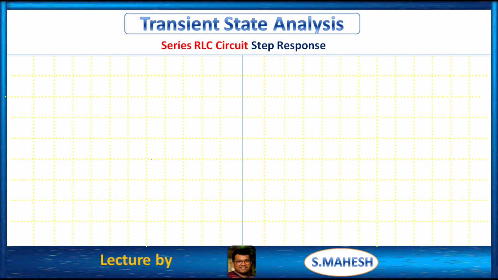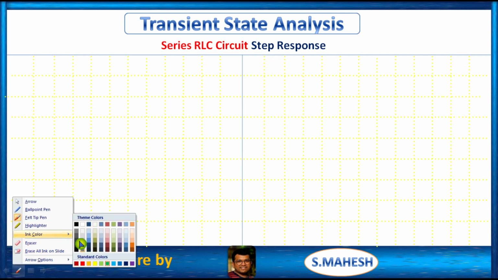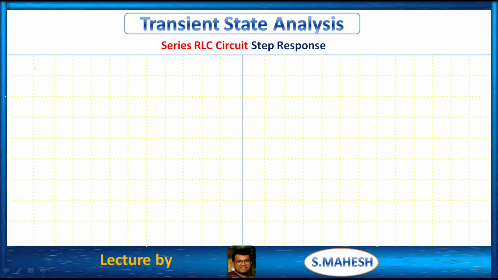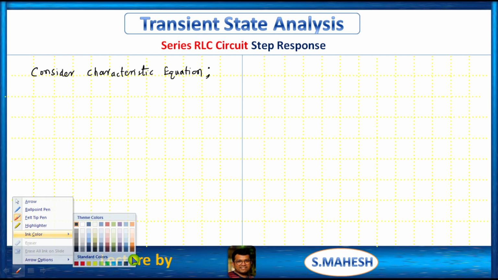Okay, so to get a clear-cut concept, I will consider the characteristic equation. Please listen carefully, this concept is very much important. In the subject control systems, you have time domain analysis, and in that you have the clear-cut concept of damping analysis. So what is the characteristic equation? We all know that